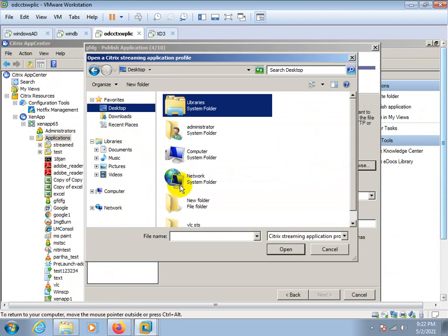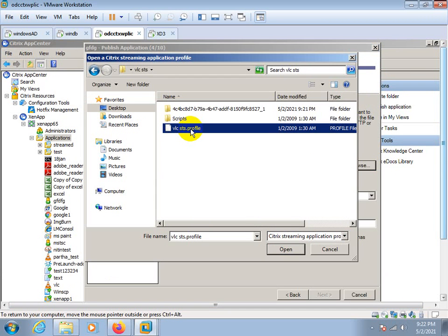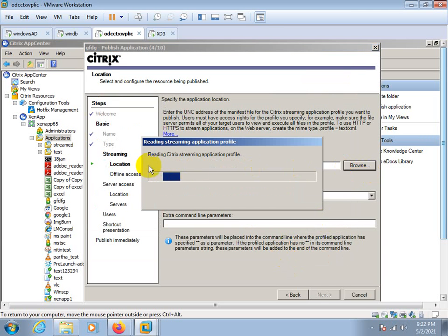Go to the desktop, the VLC folder. Select the dot profile. This is the dot profile. Just select it and open. Once you select it, it will sync with Citrix. It will show the list of the applications which are created under that profile.